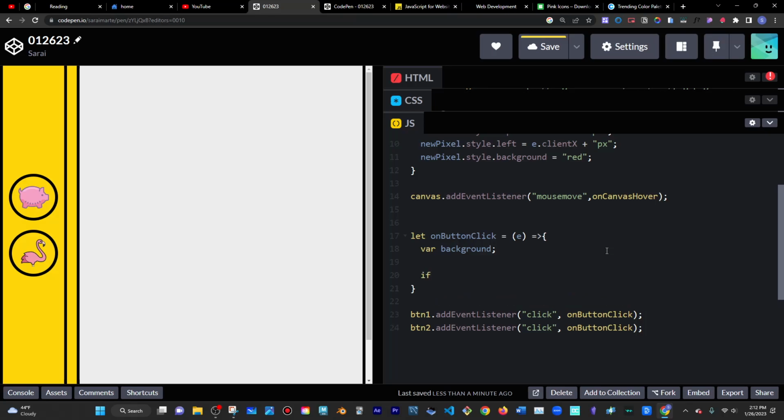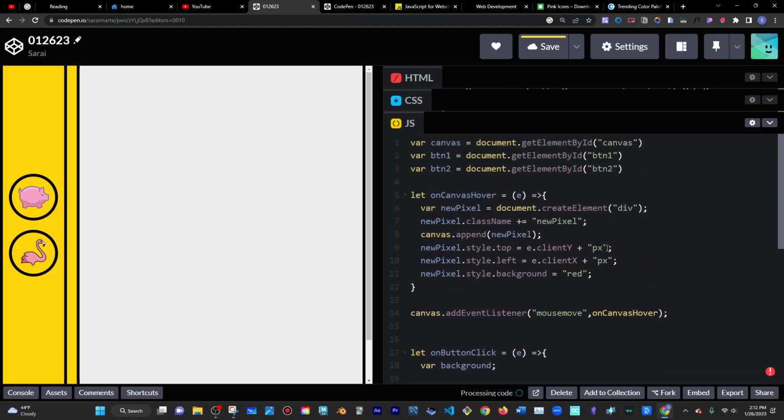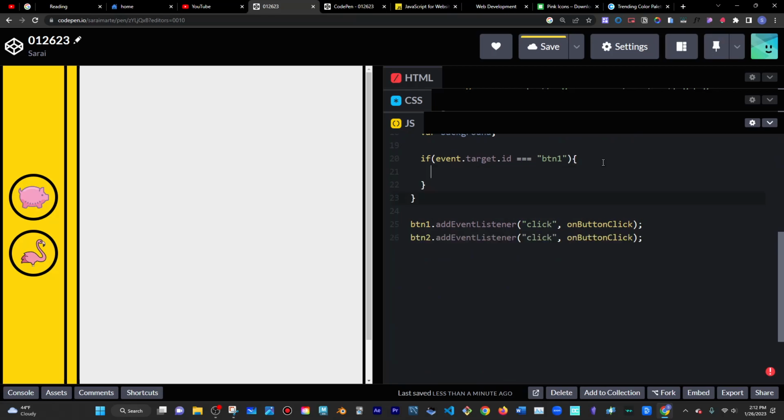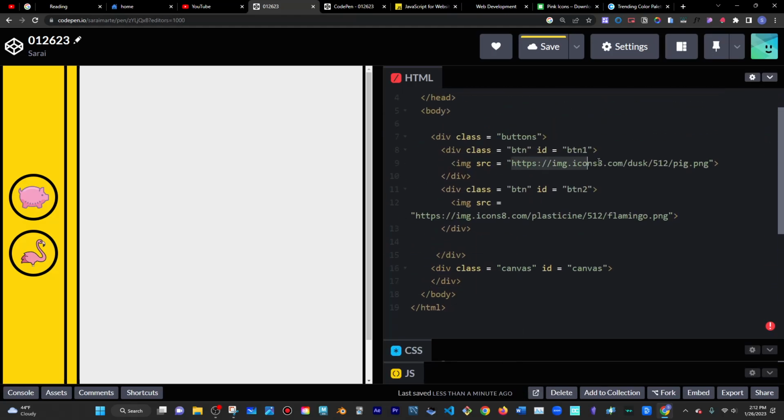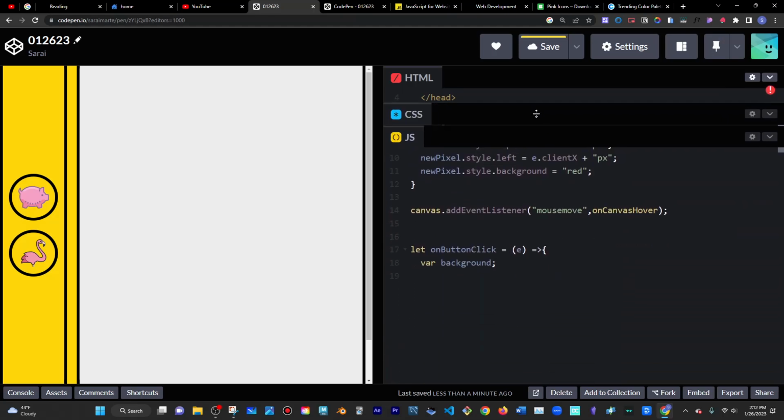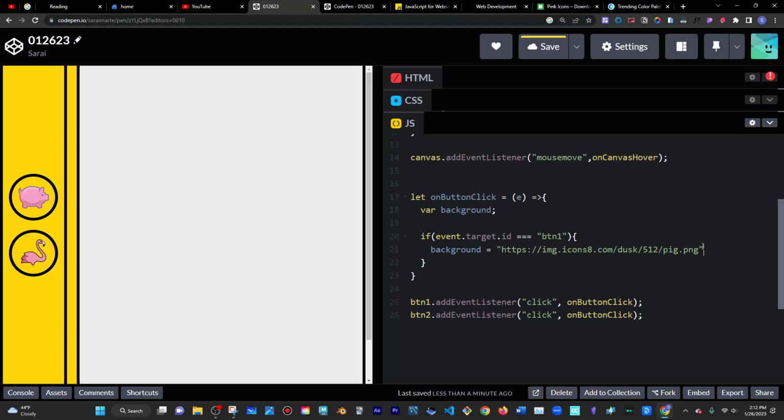We're going to do this. So if the event that I targeted, the ID, is the same as btn1, because it's over here, then set the background equal to, and I'm just going to put the link to the first one, which is the piggy. Isn't she cute? This time we don't need URL because it's not really a background that we're changing. Anyway, else if event.target.id is the same as btn2,